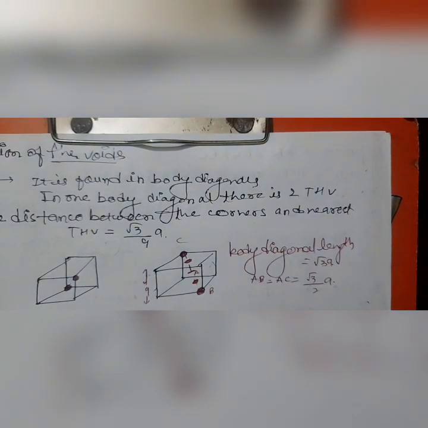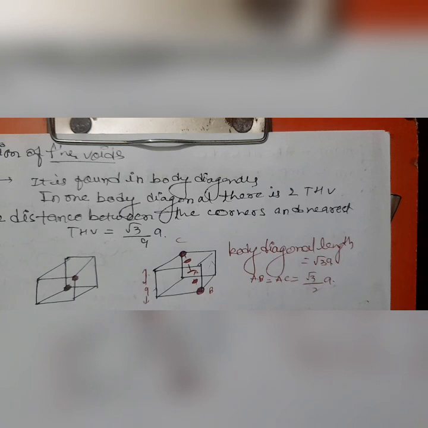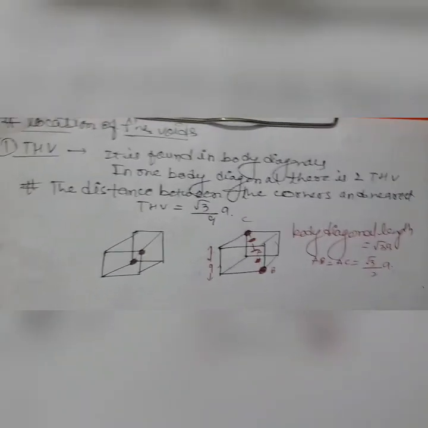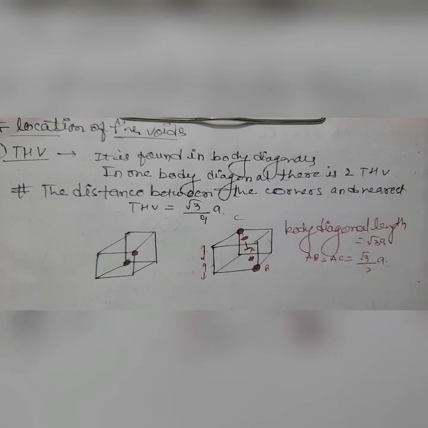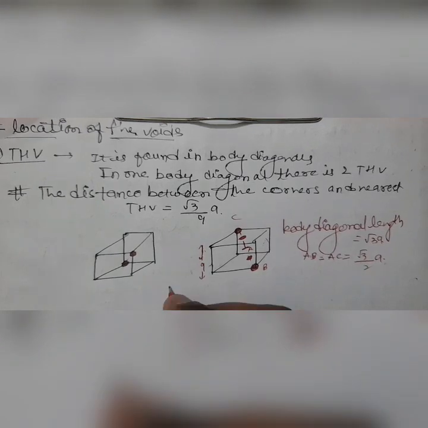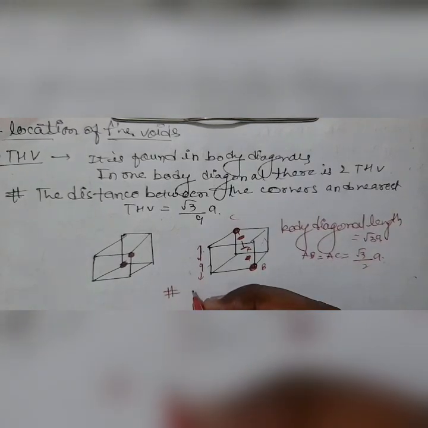So there are two tetrahedral voids present in one body diagonal, and how many body diagonals are there in the cubical cell? There are 4 body diagonals in it. So how many tetrahedral voids are present in it? There are at least 8 tetrahedral voids present in the body diagonals of the cubical cell. Okay, now before moving to another void, there is another famous question which is asked,